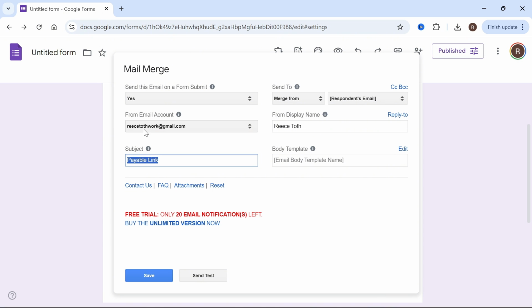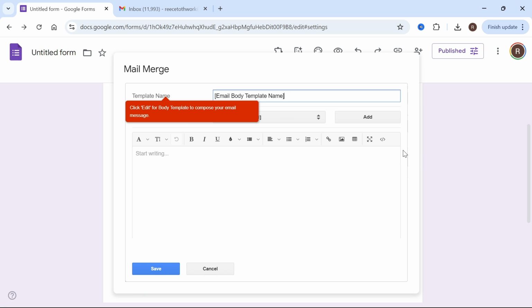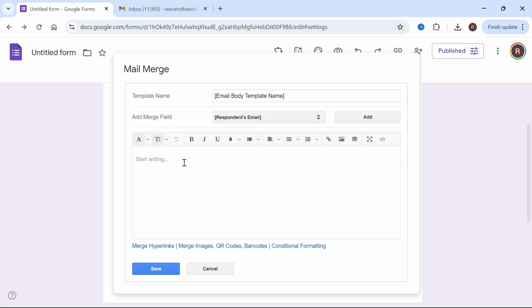You can then set a custom subject title for the email. And you can also change your display name as well if you want to set a custom name. Then what we need to do is click on the edit button next to body template. And this is where you'll create your custom email. So this will be entirely down to personal preference, exactly what you want to write here. For the purpose of this video, I'm just going to type hello so you can see what this looks like